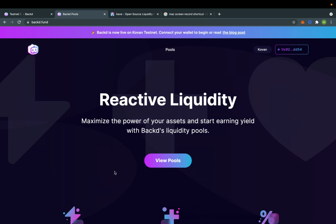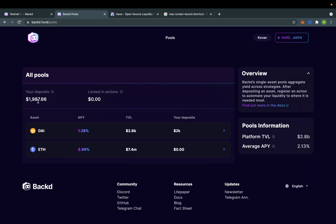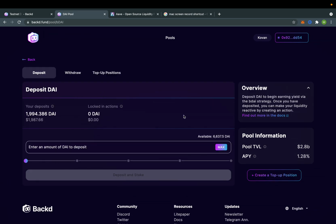But if we click view pools, you can see I have 2,000 deposited, and that's deposited in DAI. And of course, this APY, it's testnet, so it's not really doing anything. But if we go over here to create a top-up position: right now, if you were a Backd liquidity provider, you can only register or use actions for your Backd liquidity, and any action is optional. So right now, I've deposited DAI and it's earning yield, and then it also earns yield from action fees. So if I go to create a top-up position,